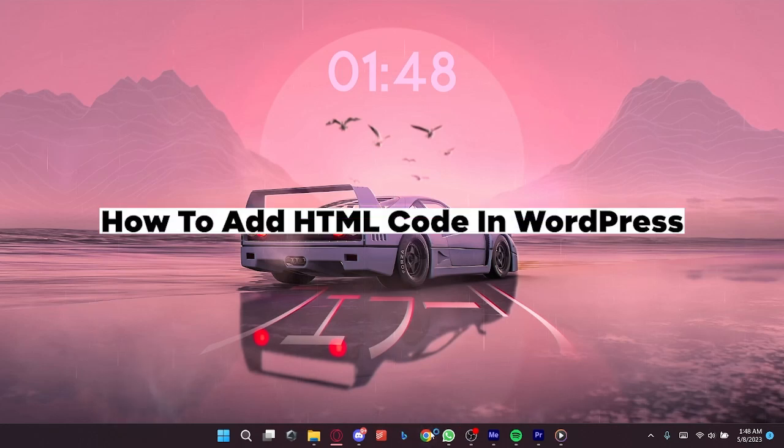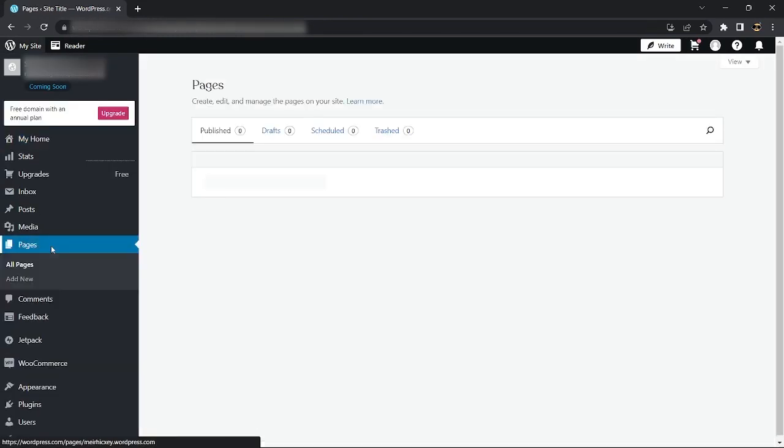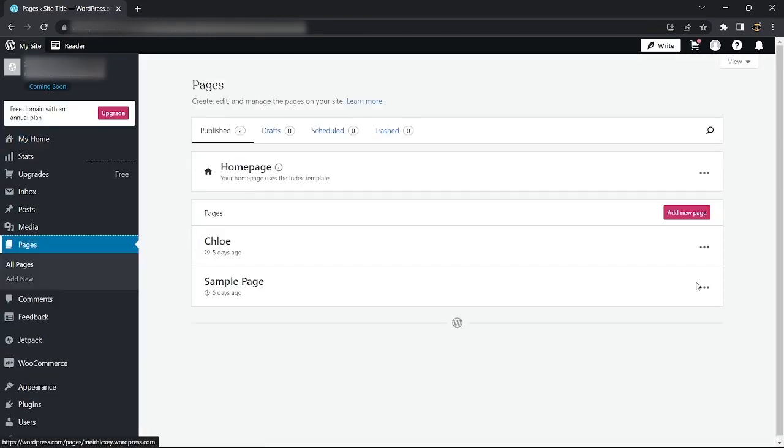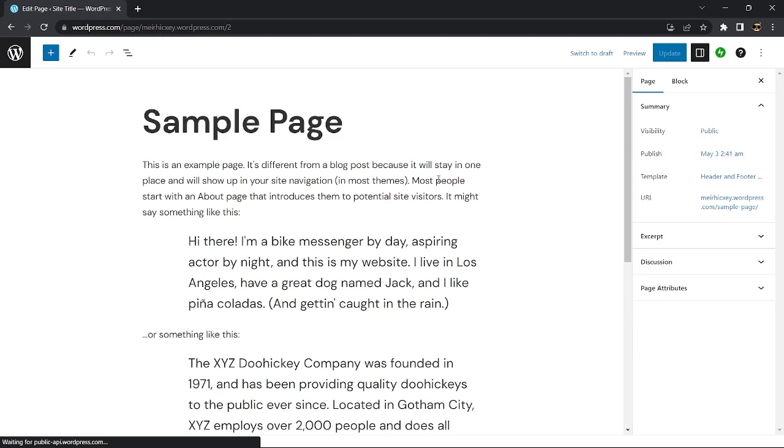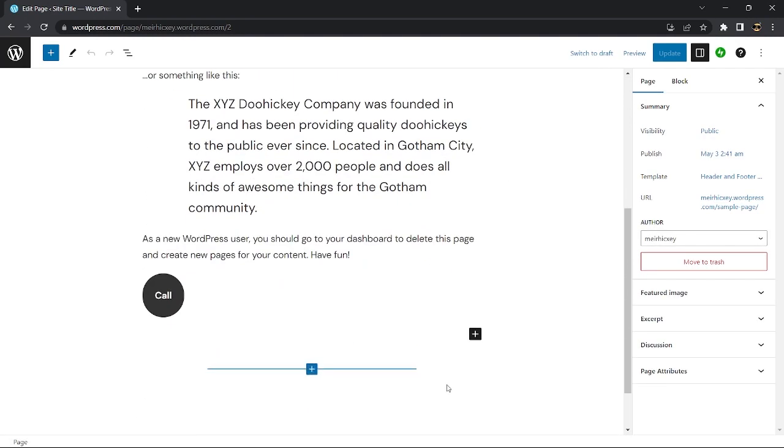How to add HTML code in WordPress. So go to WordPress, then go to your dashboard. On the left side, click on the Pages section, then look for the page where you will put the HTML code in. Once you find the page, just click the three dots icon on the right of it, then click